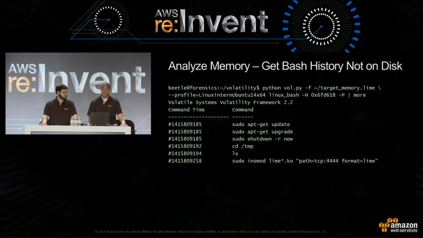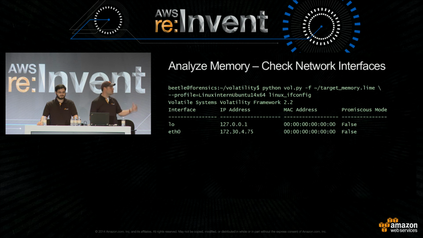Now, if we have an intern who's decided that they're going to turn off their bash history, such as setting HISTFILE to 0 or setting HISTFILE to /dev/null, and they think that they're going to get away with that, nope, we can actually get their bash history out of memory. So we'll use Volatility, and we'll extract the bash history commands out of memory. And in this case, you can see there's somebody that's actually logged into that instance. They've run an upgrade of the operating system. They've rebooted it. And then you can see the last 3 commands, which are the commands that we ran: changing to the temp directory, doing an ls, and insmodding the Linux memory extraction kernel module.